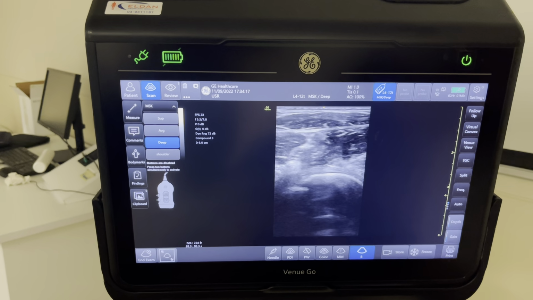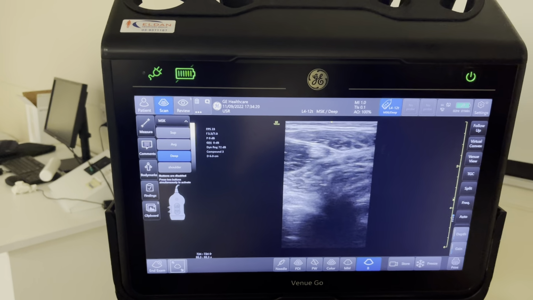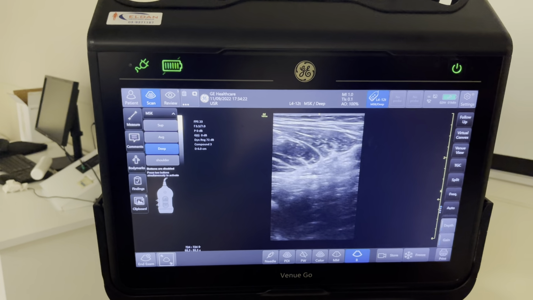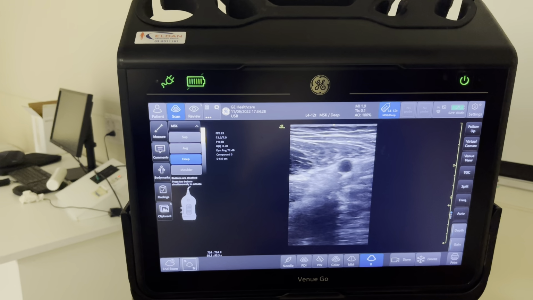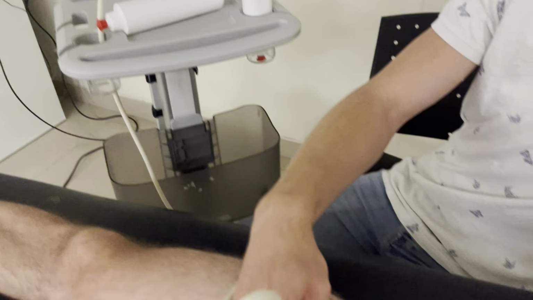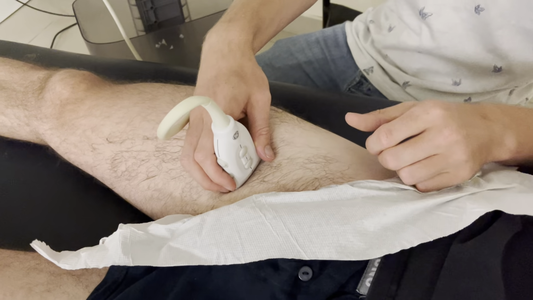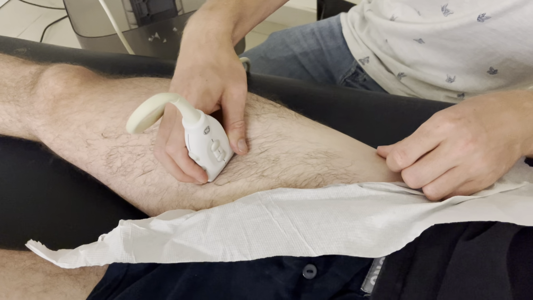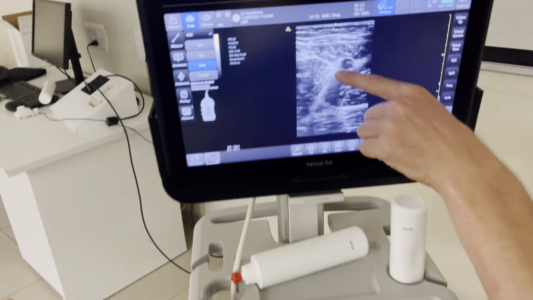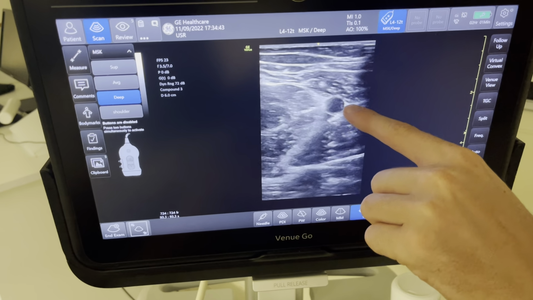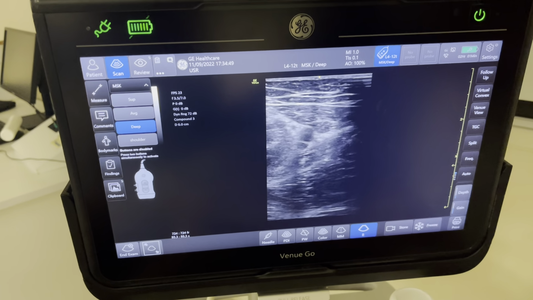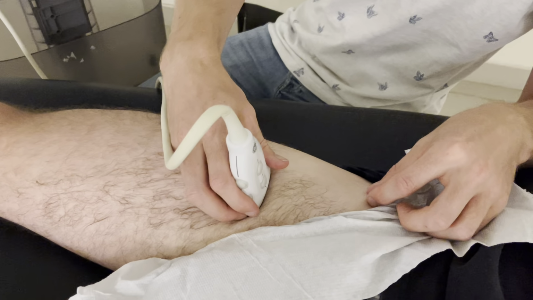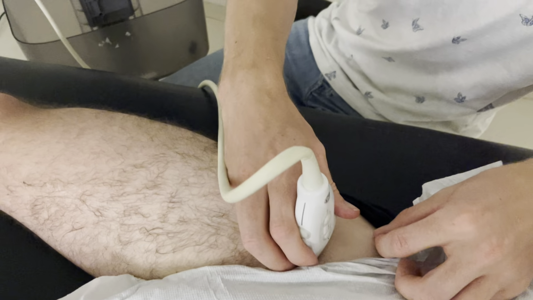So now we follow the muscle that becomes a triangular shape. And it moves towards the femoral artery. And if you look at my transducer now, from the lateral side, I'm moving more medially. And if I would follow the Sartorius even further, it's going to crawl over the artery until it's almost completely medial to the artery. So this was the short axis view of the Sartorius. So we go up, follow it all the way until it ends